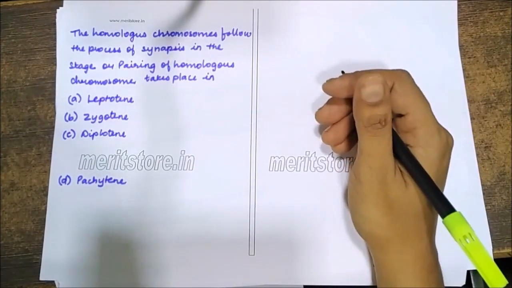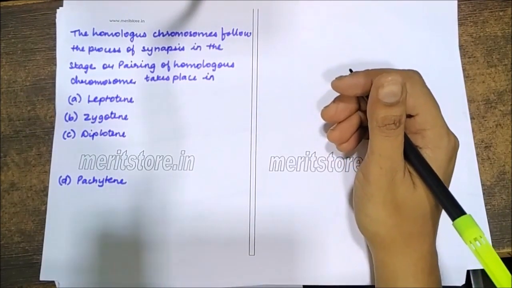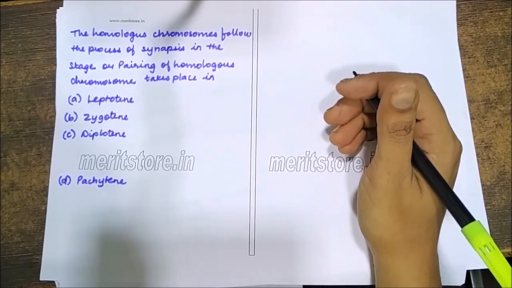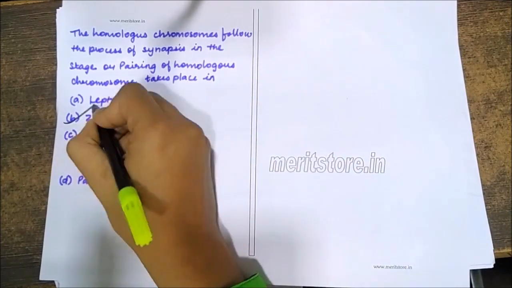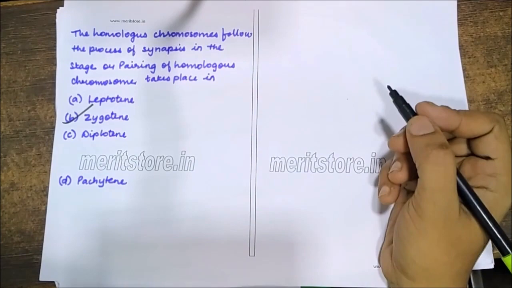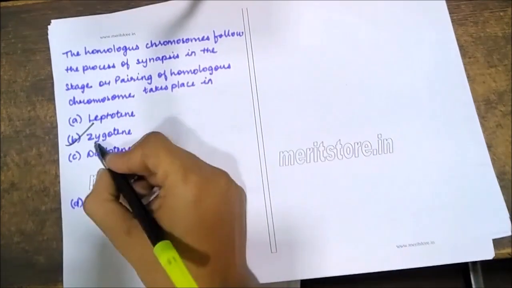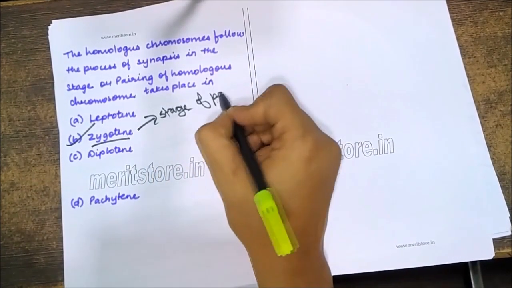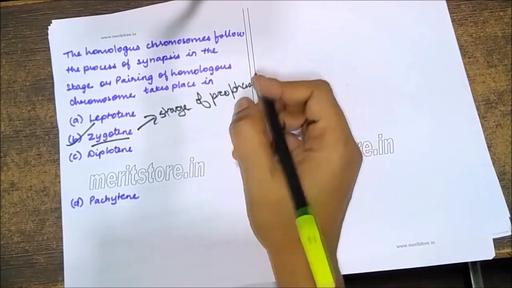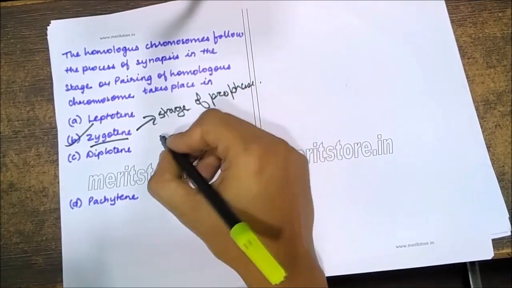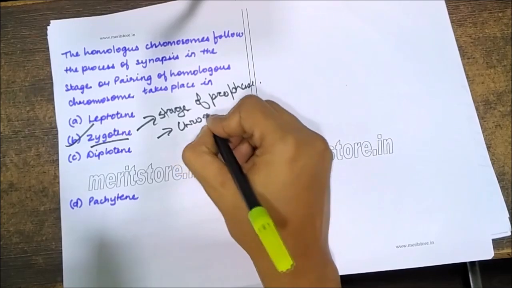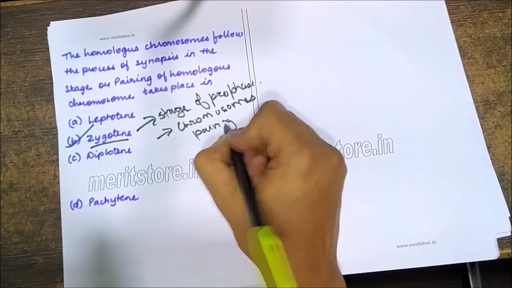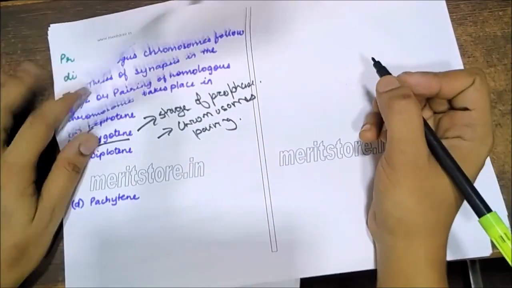the homologous chromosomes follow the process of synapsis. In which stage does pairing of homologous chromosomes take place? In zygotene. It is during zygotene, which is a stage of prophase, where chromosome pairing occurs. Okay, so homologous chromosomes pairing occurs. So the correct option is zygotene. Next,